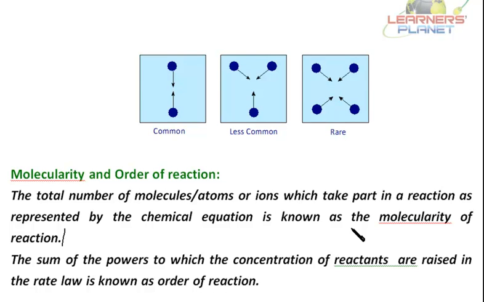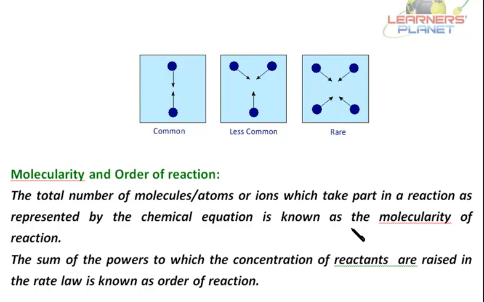Order of the reaction tells us the reactants whose change in concentration is affecting the rate of reaction, and it is determined experimentally. Right? Order of the reaction can have an integral value or a fractional value or even it can be 0. But molecularity of the reaction cannot be fractional. How can half of an atom or half of a molecule take part in a reaction? So it is not fractional, first of all.